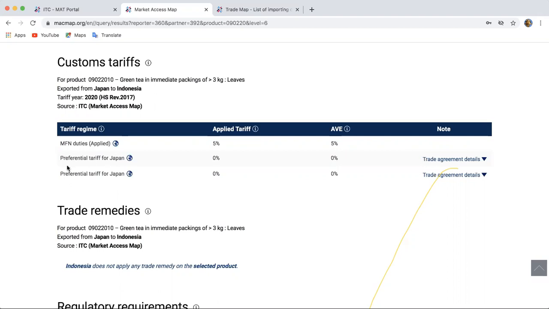So there are 2 agreements available of which Japan could take advantage of to not have to pay the 5% applied tariff. But as I mentioned before, these preferential tariffs always come with conditions. So let's look into more details